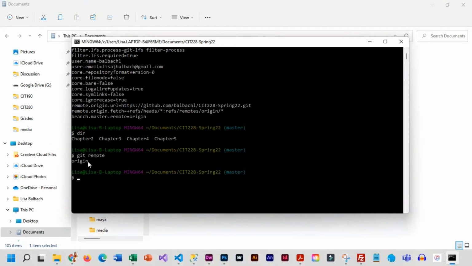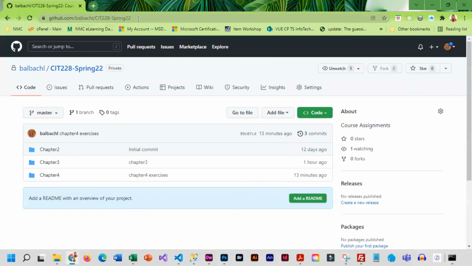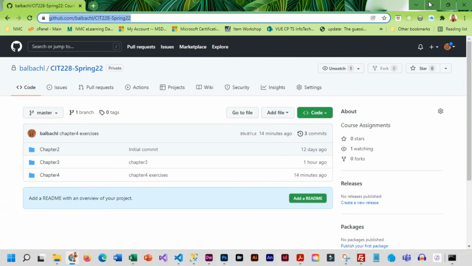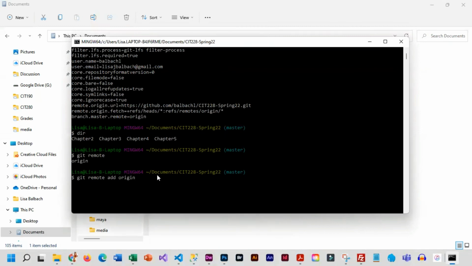So what you need to do is enter git remote add origin. And then you have to give it the URL of your repository. And so that is this URL with .git on the end. And at the beginning, it's going to be https://. So for mine, that would be